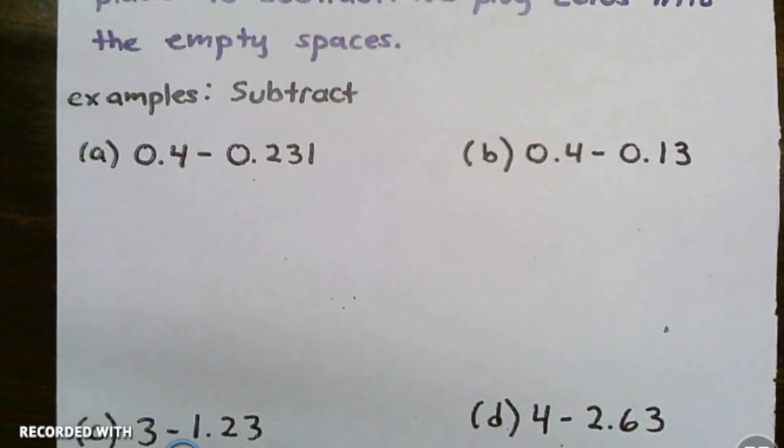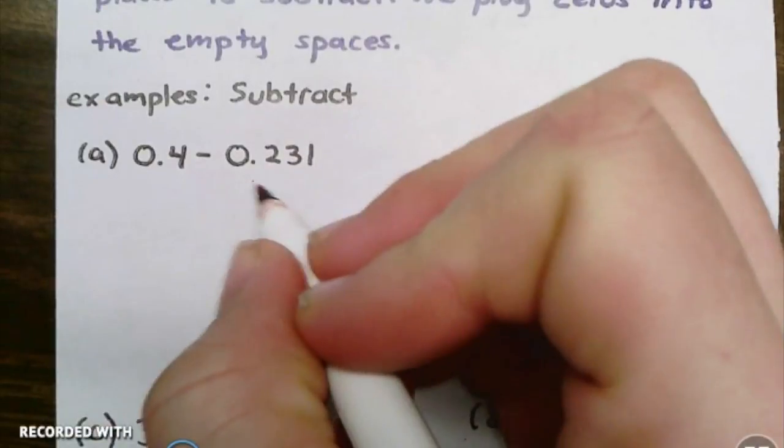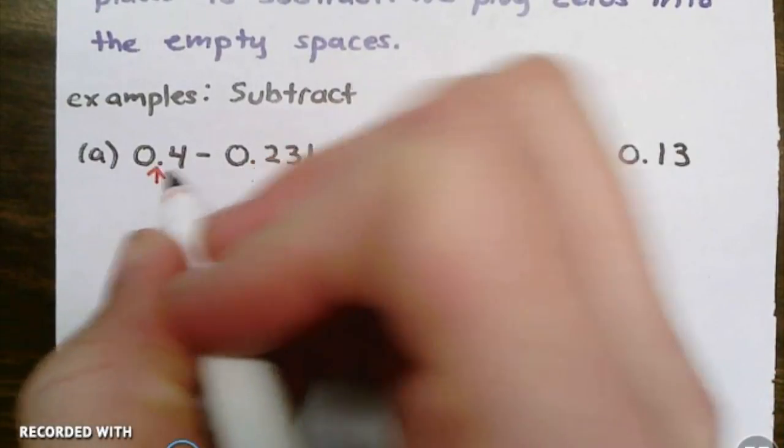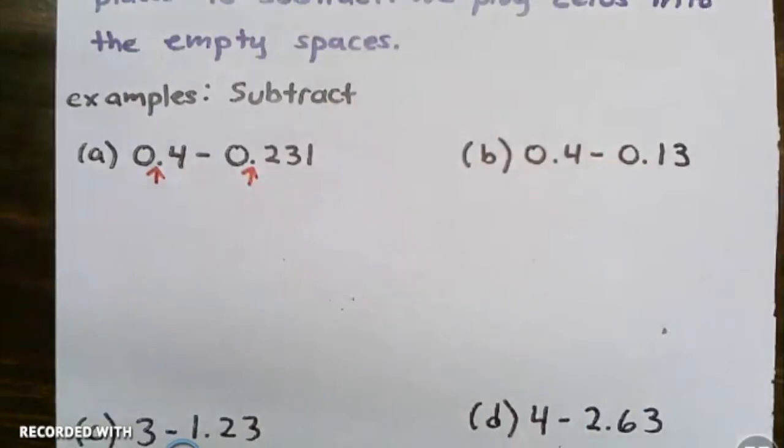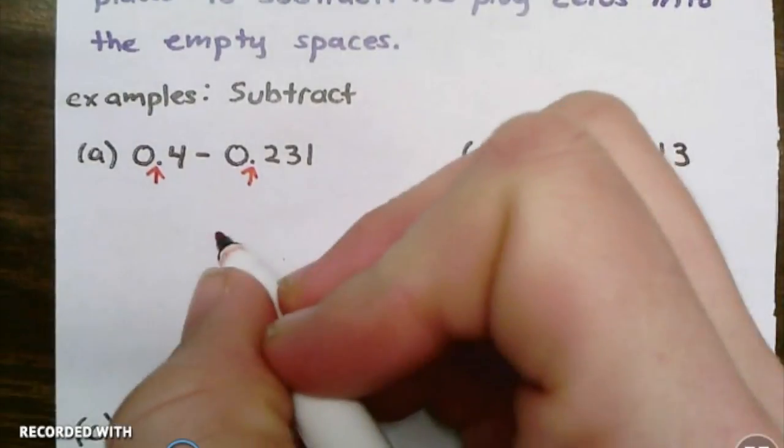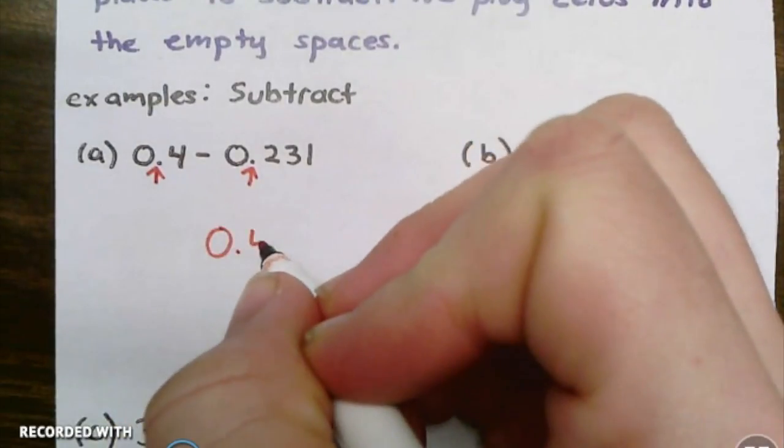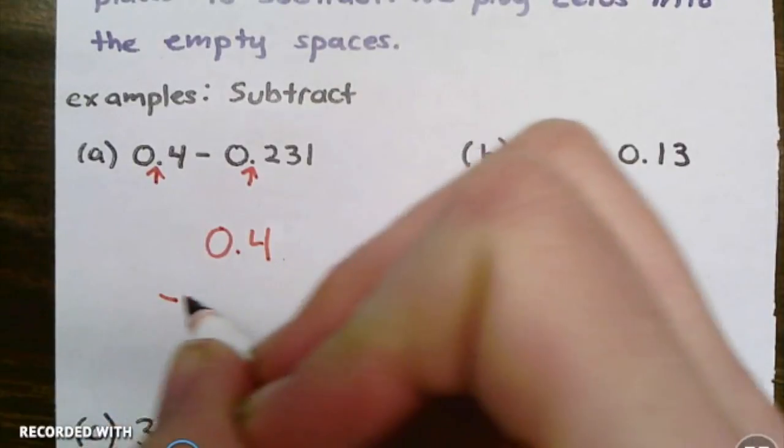Example A says 0.4 minus 0.231. So what I'm going to do is line up my decimal places just like I always do when it's time to subtract. So I've got 0.4 minus